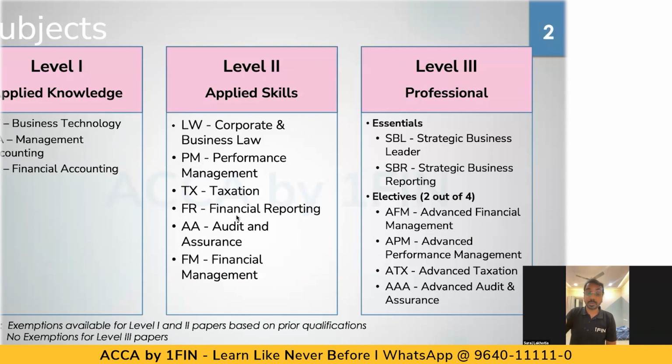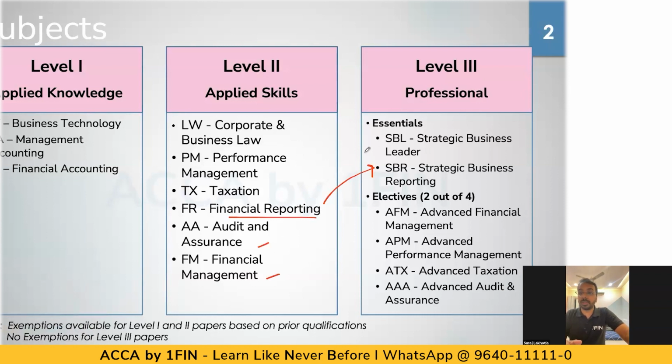Okay, so level 2, applied skills of financial reporting. Here, what you can see, this covers basic aspects of what you learn at a CA final level of financial reporting: consolidation, business combination, financial instruments. All of those you don't learn at CA inter, but these are basic concepts. Then considering this financial reporting, subsequently at the final level, you have this business reporting part. Okay, so that is linked. Then you have audit and assurance and financial management.